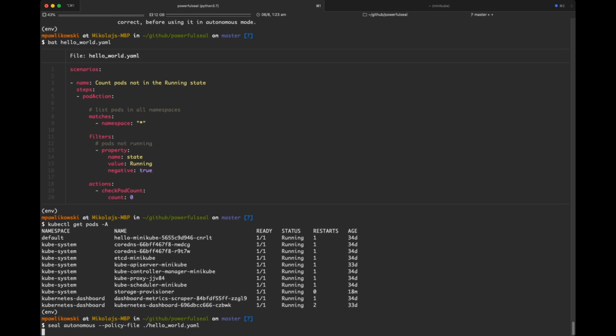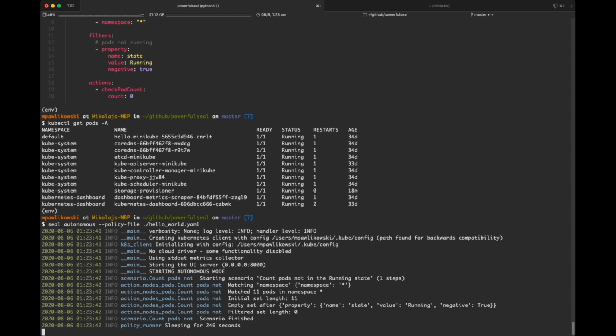And if we run that, Powerful Seal is going to connect to our cluster, and what you can see here is that it matched the namespace star, so it matched all the namespaces, matched 11 pods in that, corresponding to the pods that we found here. And it found an empty set after the running negative true. So the filtered set length is 0, and the scenario finished successfully.